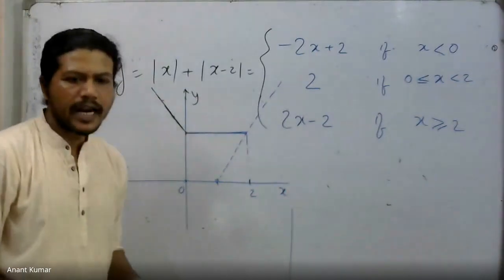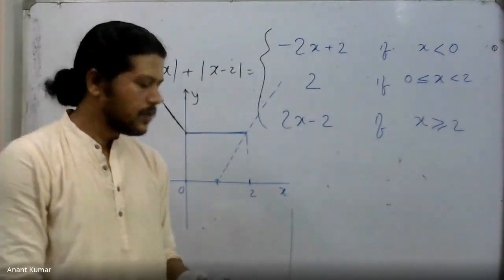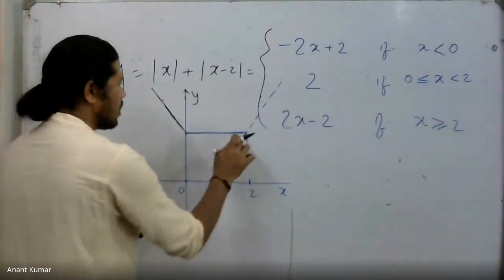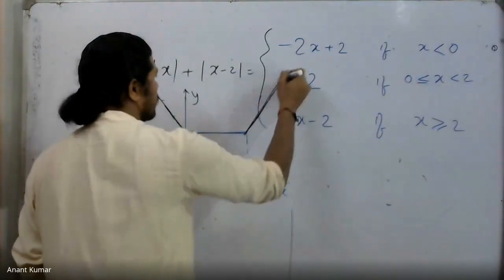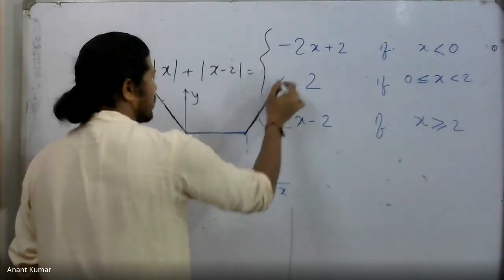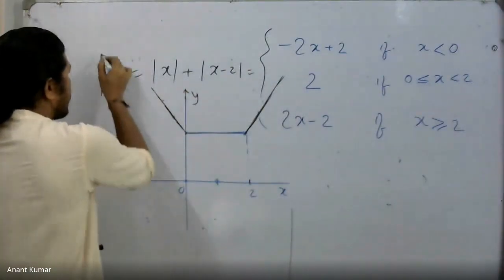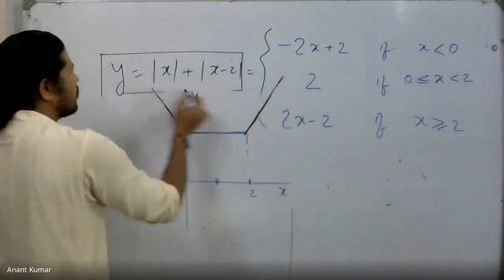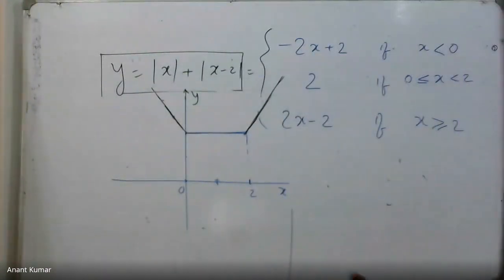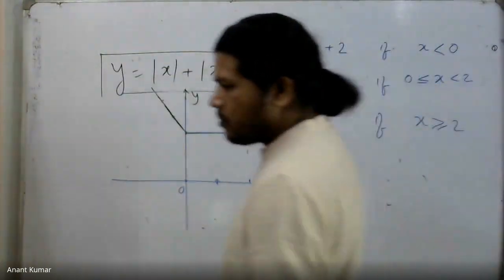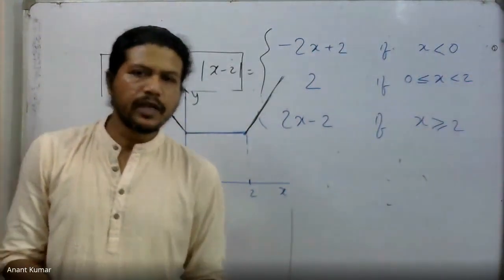I need to retain only that part which is to the right of x equal to 2, and therefore I retain only this portion. That is therefore the required graph. That becomes the graph in this case for this entire equation. You should think of this as an equation, by the way, though technically speaking, right now it is a function as well. If you remember, we have already discussed a graph being a function.